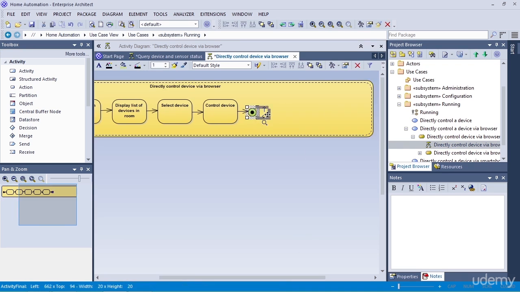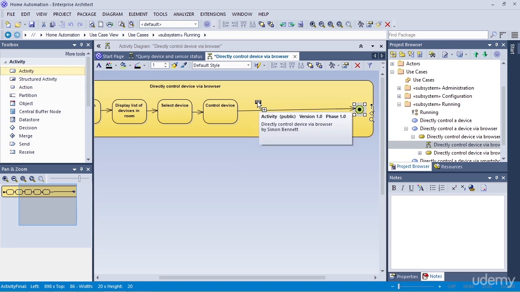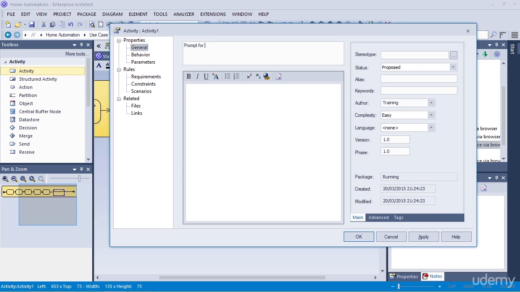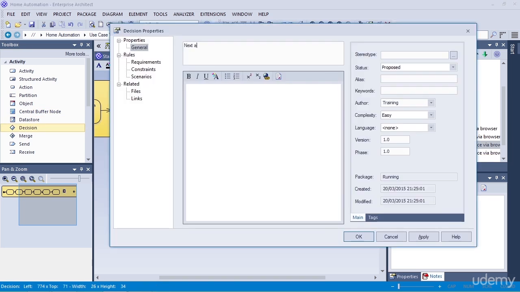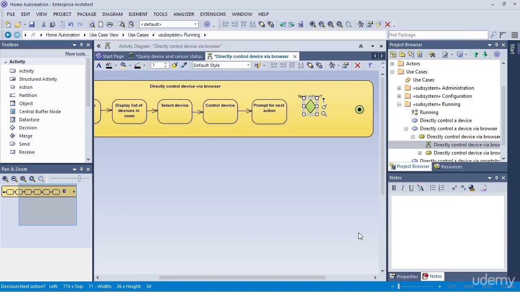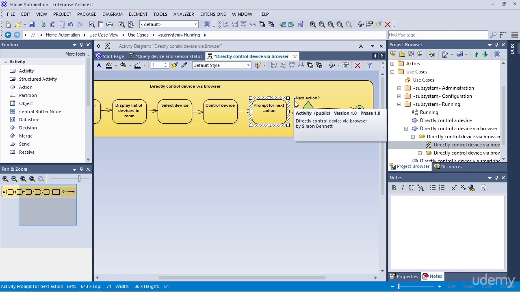So I'll extend this activity diagram, and I'll add another activity after control device. I'll call this prompt for next action. Now I'll add a decision after that and before the final node. I'll call it next action with a question mark on it. Now I'll connect a control flow to the final node and a control flow from prompt for next action to